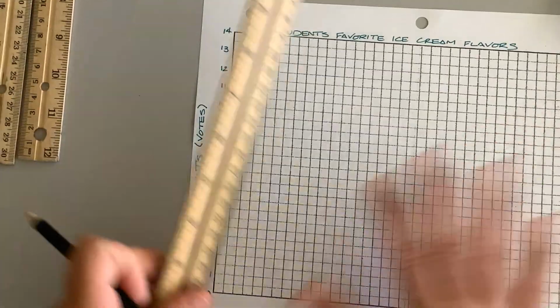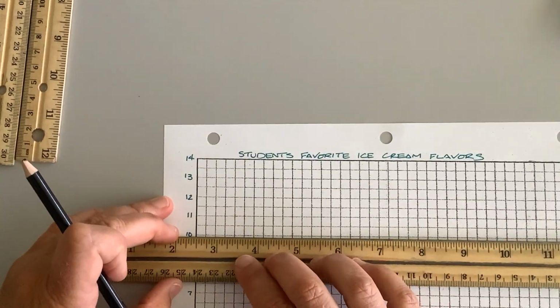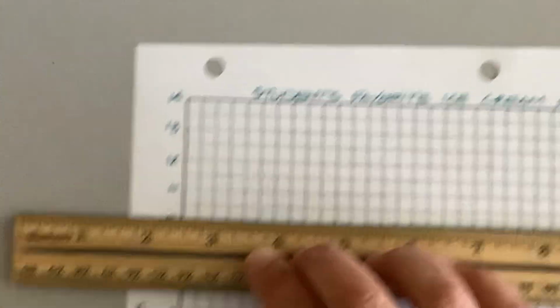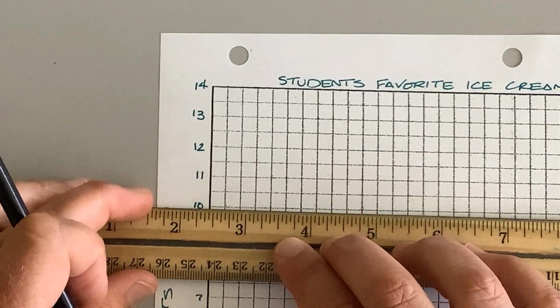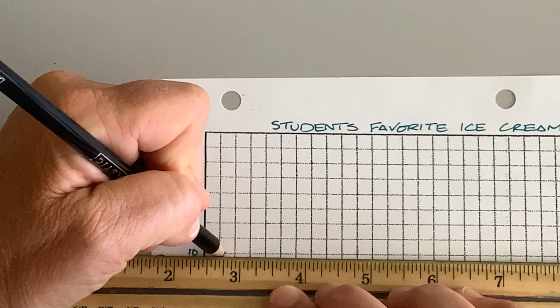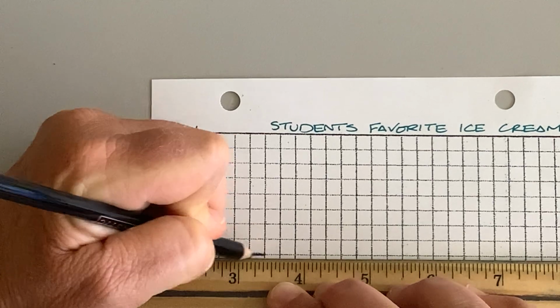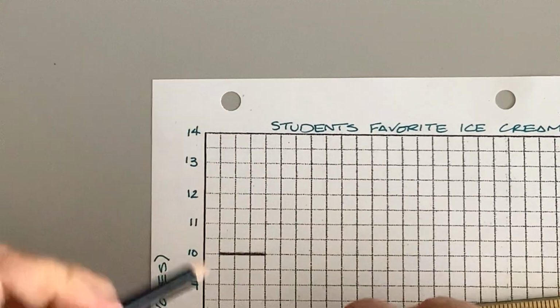So this is how I'd like you to do this. I would like you to first draw the line at the top. So I'm going up here and I'm skipping 1 box and I'm going across 3. 1, 2, 3. I'm doing my line. Okay, that's the top of my